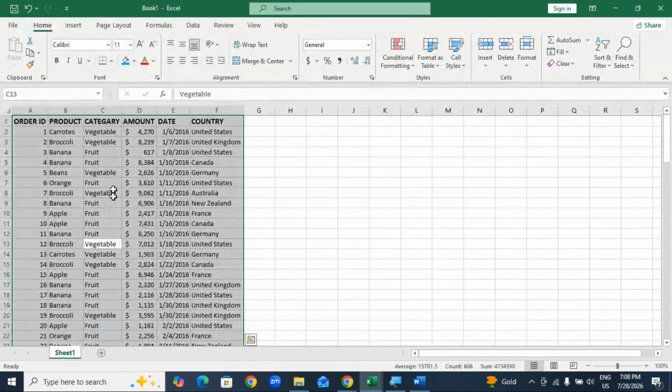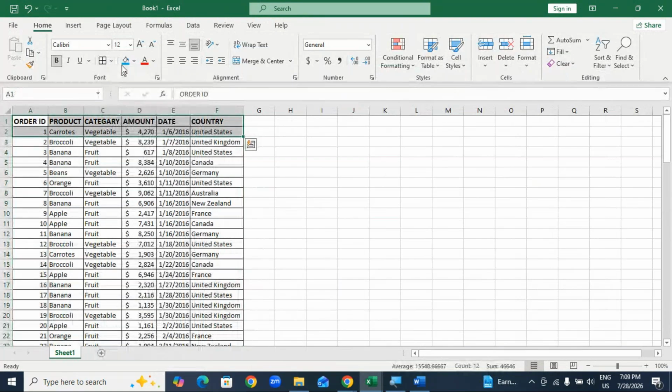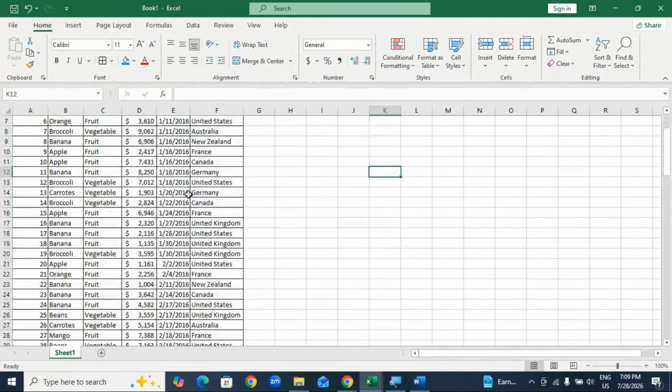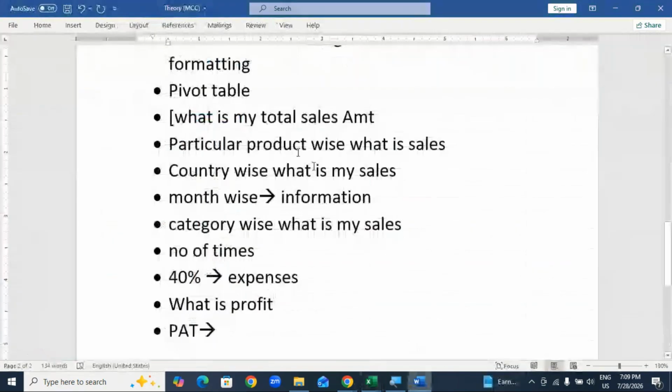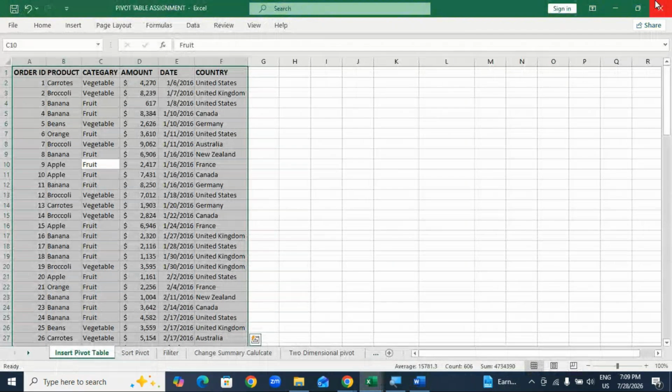Control A to select. If you want to apply borders, select all borders. So this is my data. This is my table. Using this table, whatever my questions are, I want to find out all these answers. How to find out all these options? For example, go to the